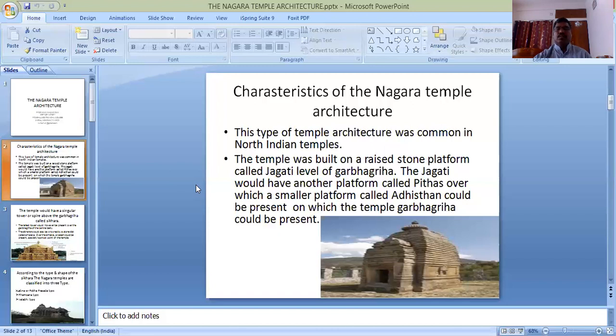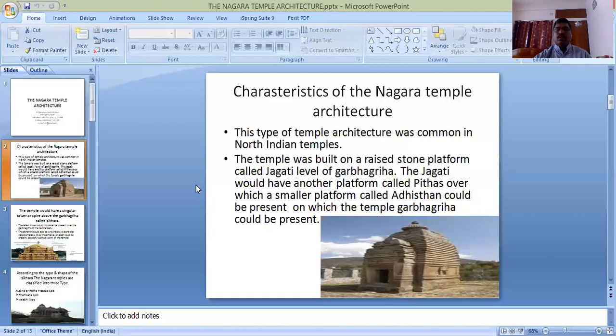That means the temple is situated on a stone platform, which is called Jagati, at the level of the garbhagriha. That means garbhagriha and the Jagati are the common platform